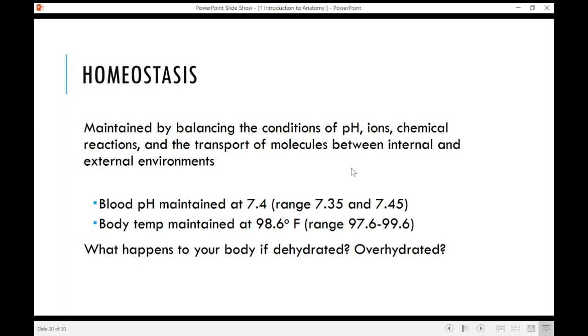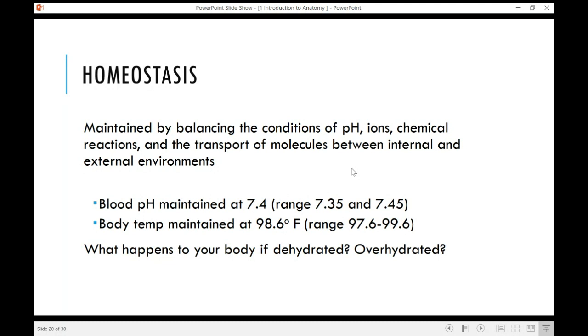So what happens to your cells if you become dehydrated? Think about that for a second. Some of the symptoms of dehydration might be that you get thirsty, you get nauseous, okay? You might get hot or even have a fever if you're dehydrated. But specifically what happens to your cells, right, is if you imagine a cell is just sort of a